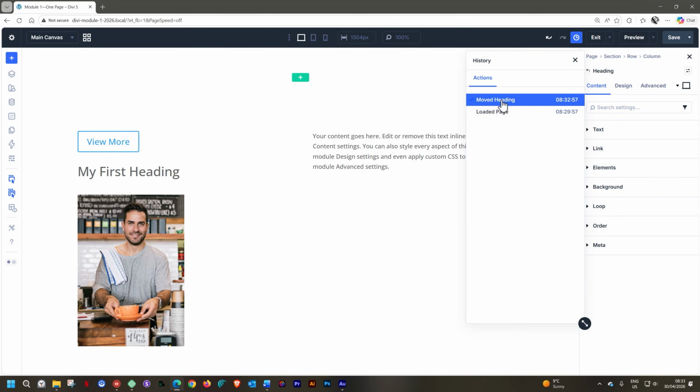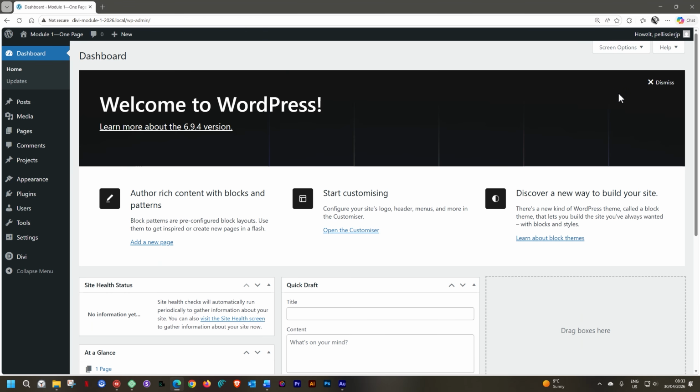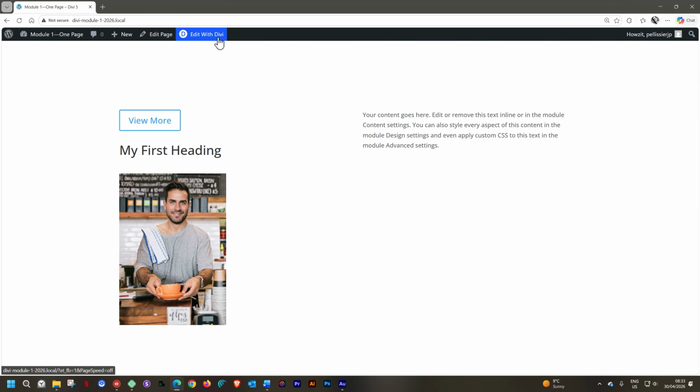And why don't we see the previous actions? This is connected to every time you enter the page. Once you exit the page, it will remove your actions. Observe, and I'll show you. We go to exit and select dashboard. Now we're back in the WordPress dashboard. Go to the front end, select edit with Divi,